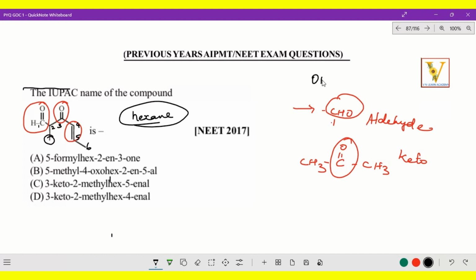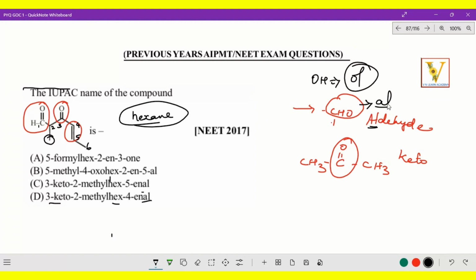See, OH means it is an alcohol, so according to the IUPAC name, OL we mention. Whereas when an aldehyde comes, according to the IUPAC name, it ends with Al. Though we are giving the numbering 1, as we mentioned, the ending is al only. So 3 keto, third carbon, 2 methyl, hex 4 ene Al. Okay, so this is the correct way. You have to give a small hyphen over here, 4 ene Al.